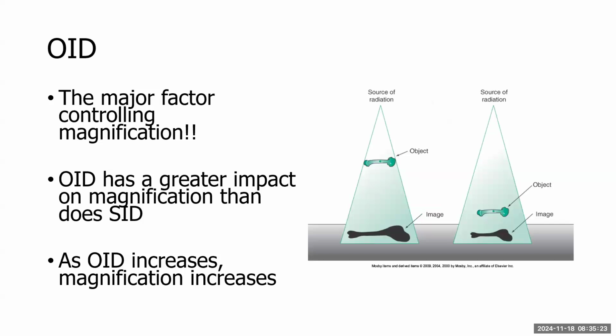OID is your major factor that controls magnification. OID has a greater impact on magnification than does SID. And we know that as OID increases, magnification increases. That's why we want to get the part as close to the IR as we possibly can. We want there to be minimum OID. When you're doing your lateral chest on the stretcher, you want to try your best to get the patient as close to the upright bucky as possible, because you've probably seen that now as you're out in clinic. It makes a big difference. If you have a gap like this, it's going to magnify that chest even more,